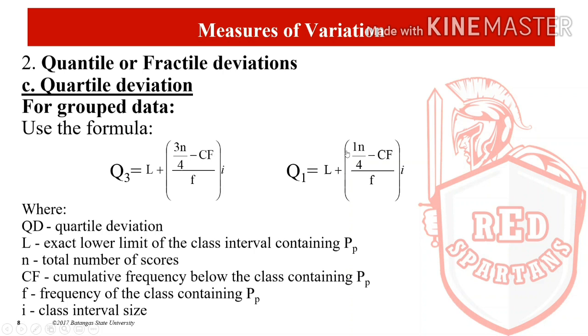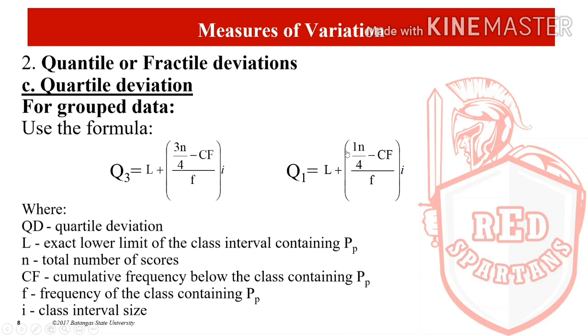Then for Q1, papalitan lang natin yung nandun sa may numerator since ang hinahanap natin ay Q1. So ganun pa din, exact lower limit plus 1n over 4 minus cumulative frequency over the frequency of the class